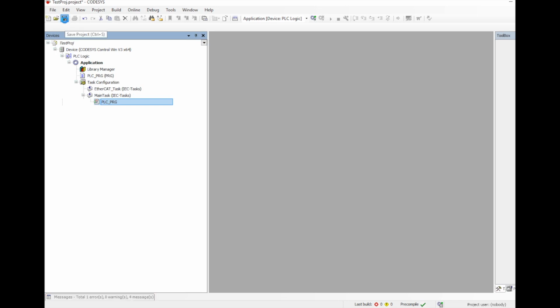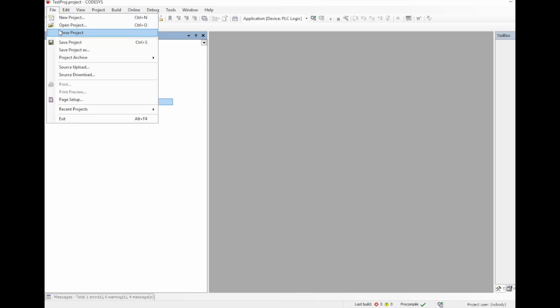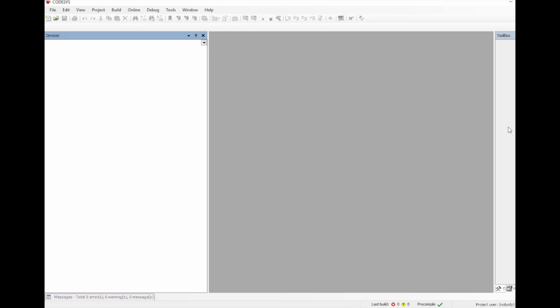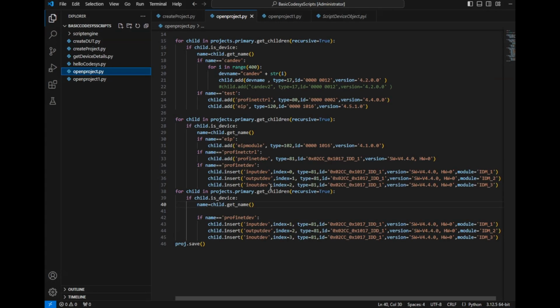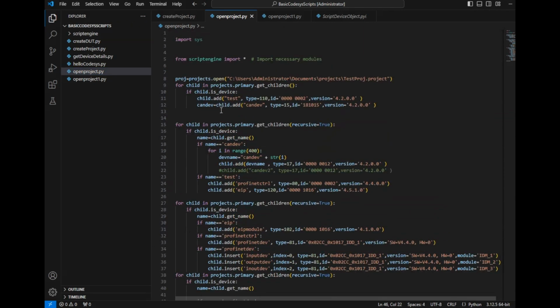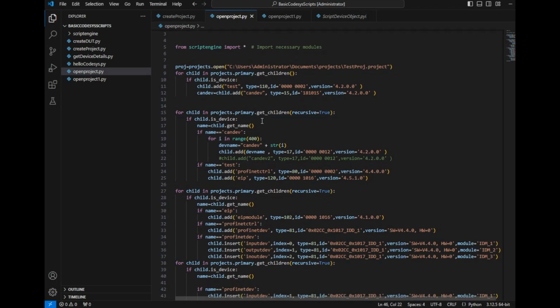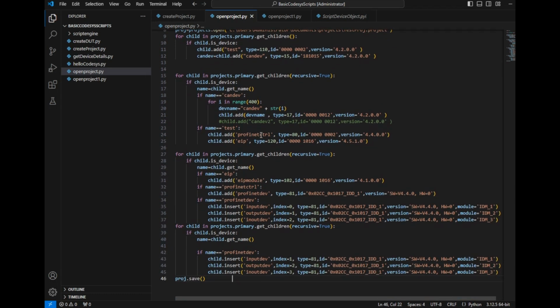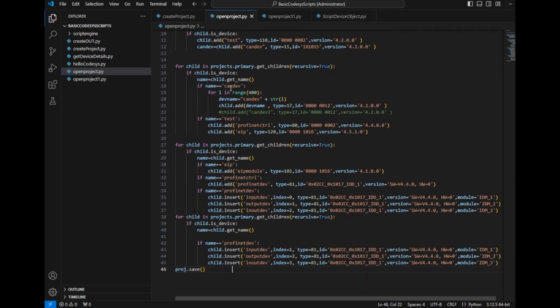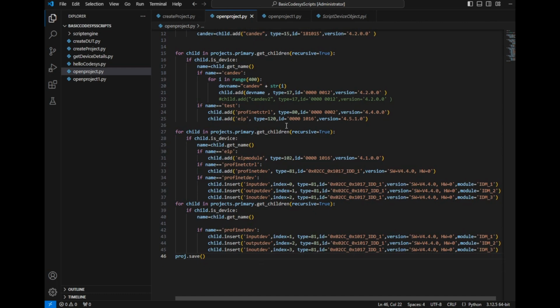So in that case, it will not exactly open this Codesys IDE, and on the back end only it will do. So this is the script which it is running. There are a few things we need to be cautious about when writing the script, how exactly it will work. I will show you two different options where we can make mistakes and how they can be corrected. If you see, I have here 3 loops where I'm trying to add the different childs and